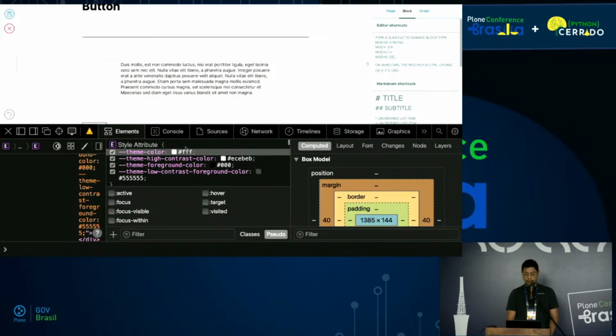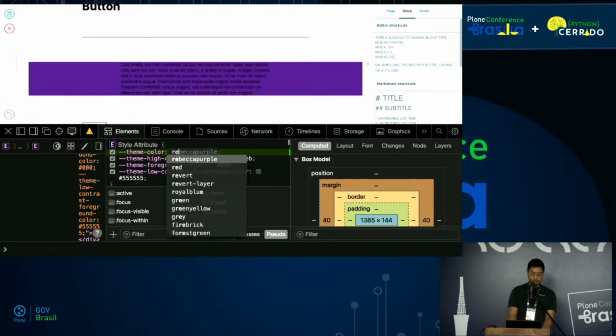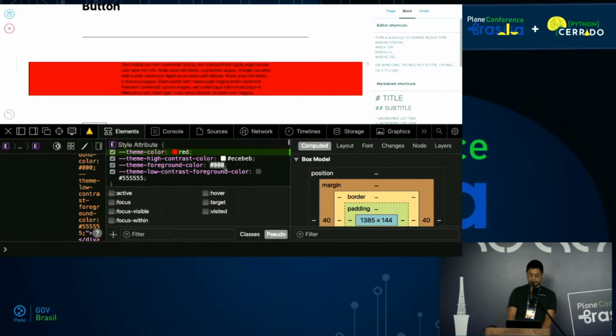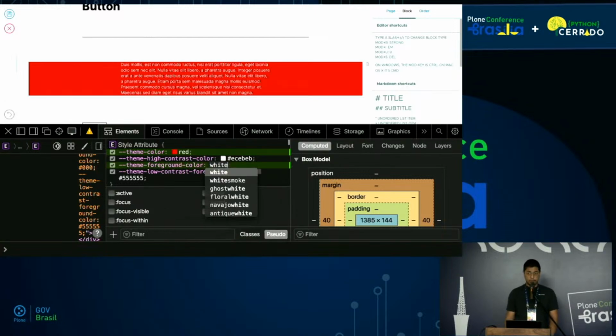So we can of course just change this, right? And then we can set this one to white, for example. And this is how it is handled for all the blocks in the Volto Light Theme. So it makes it very easy to just handle exactly how you want